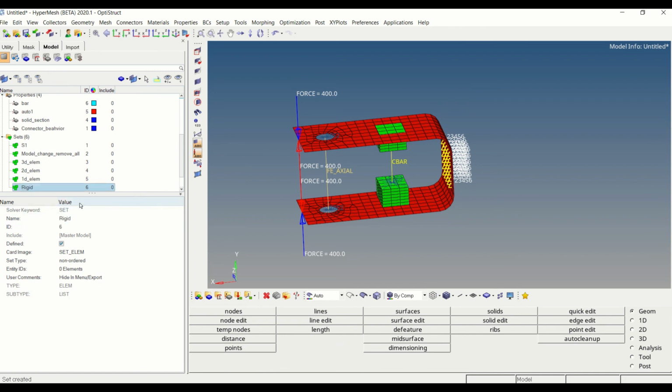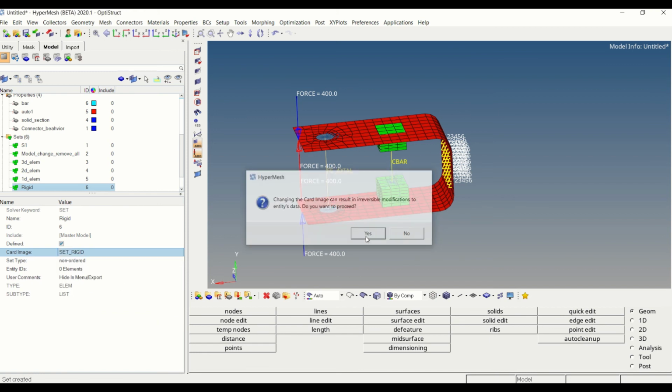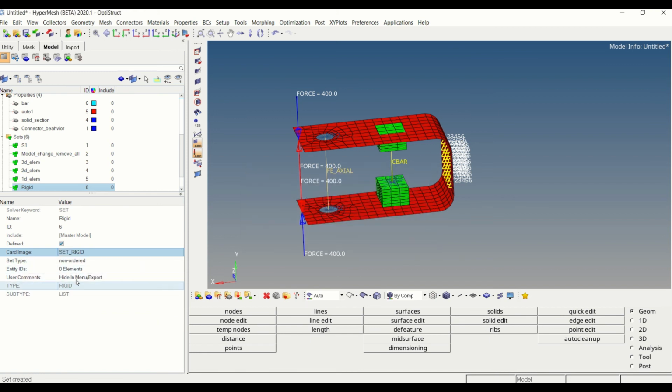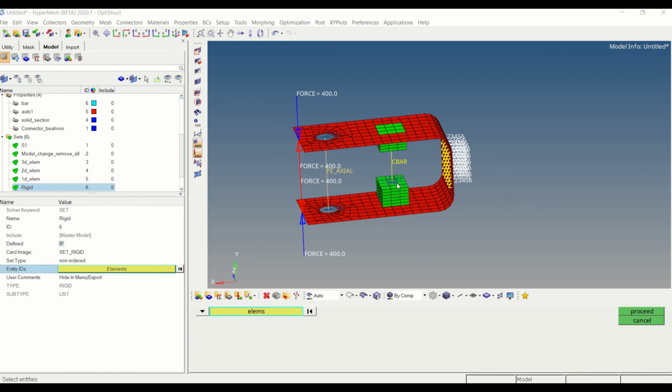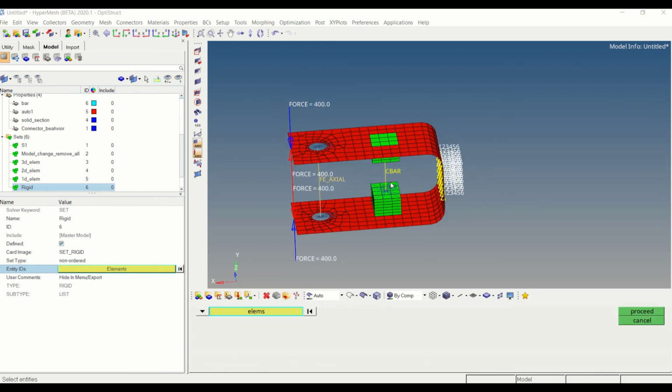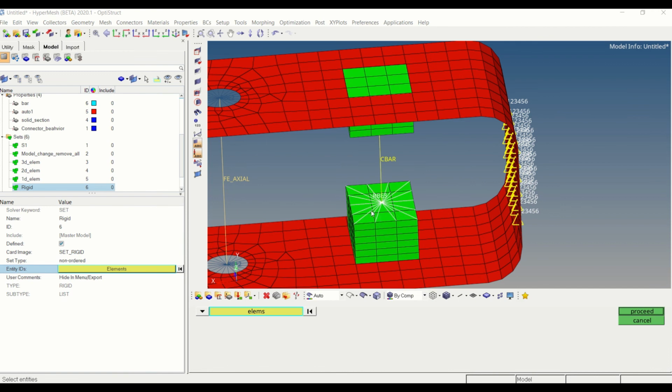Under this, set the card image as SET RIGID, and after that select the rigid elements which you want to remove from this model. So I am going to select this RBE3 element here.